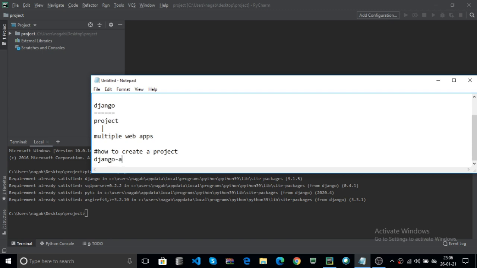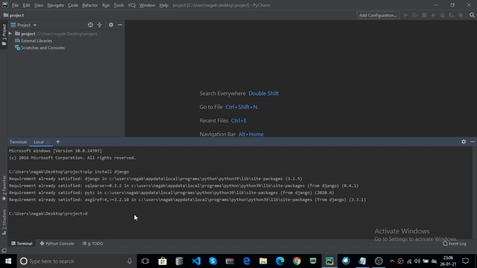Use django-admin startproject followed by the project name. This is the syntax. If you want to check your current Django version, you can use python -m django --version and hit enter.